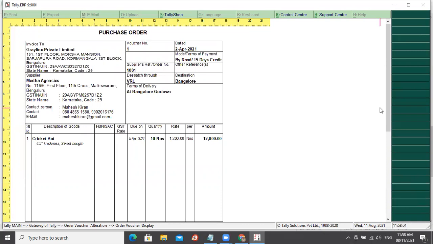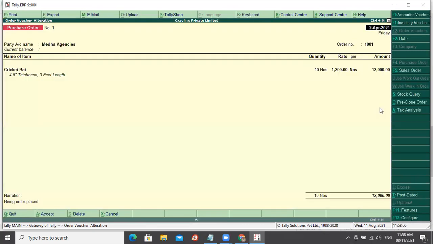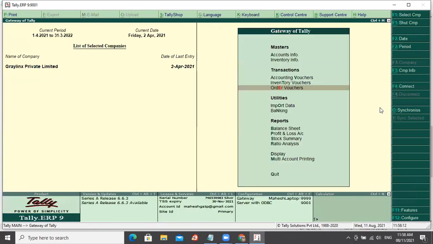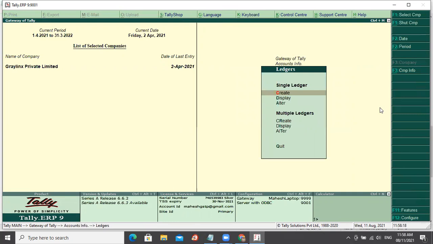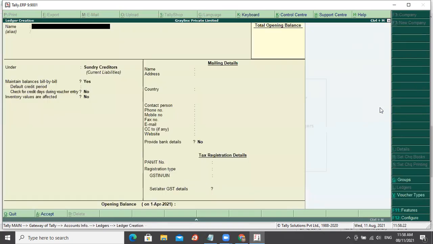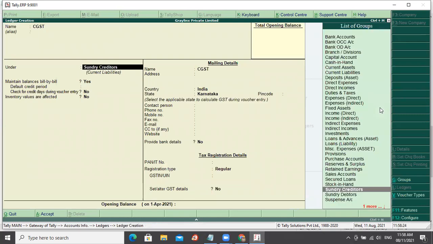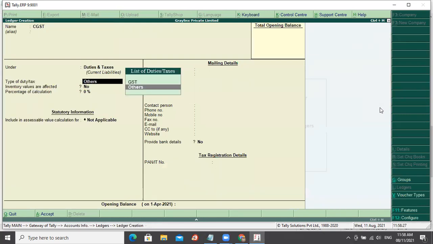Okay. So let me do one thing. I have not created the GST details, right? So I'll just create some of the GST ledgers. Then let us look at it. Okay, so this will be pre-configured for you. You need not really worry. This will be done by your finance team. So I'm just creating that.